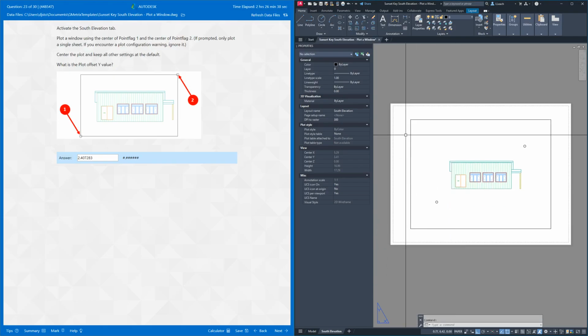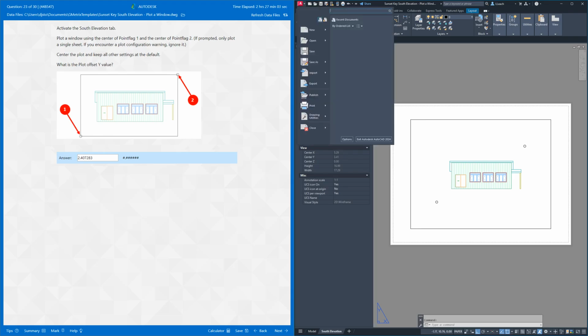Pin up here. So it says we're going to activate the south elevation tab. So down here you see the south elevation tab. It's already activated. We're going to plot a window using the center of point flag 1 and the center of point flag 2. So we're going to act like we're going to print this out. So I'm going to go up to the red, I call it a red A, but it's really a white A. We're going to go to print, but